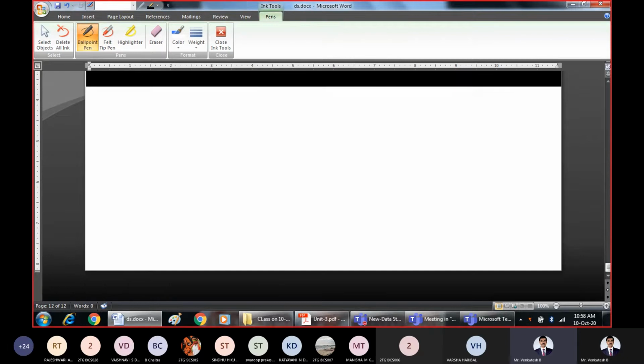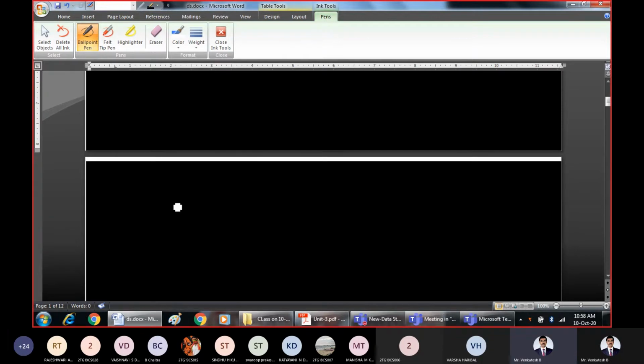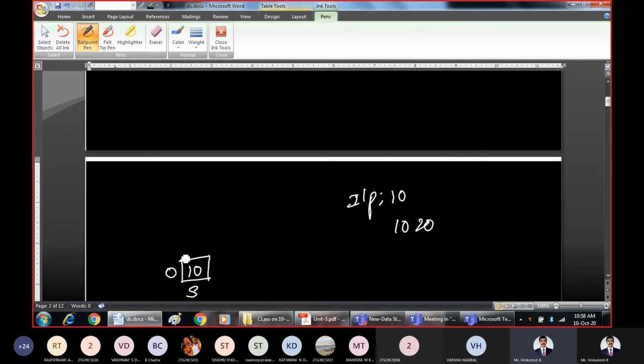The solution could be, let us make use of a stack which has a size of only one location at the beginning. This is a stack and we keep the size as only one. That means it can store and process only one element at a time. If there is only one element, then allocate only one space. If during the execution you want to give 20, then you need one more space, so just increase the size of the stack by 1, then store 20.